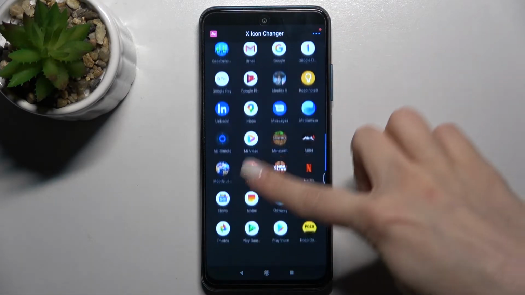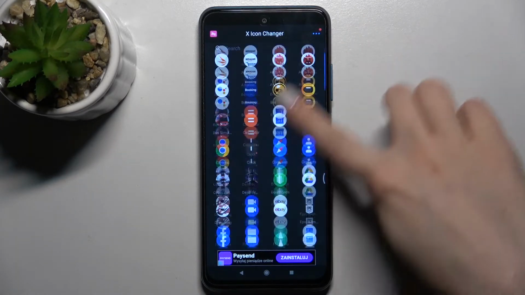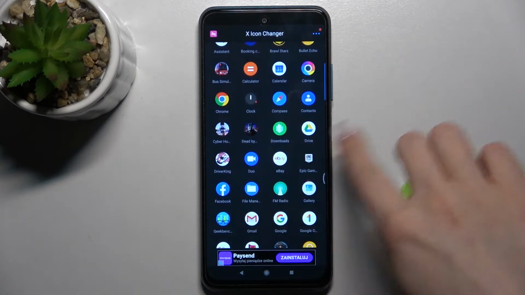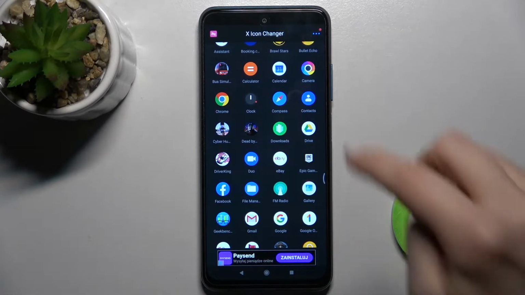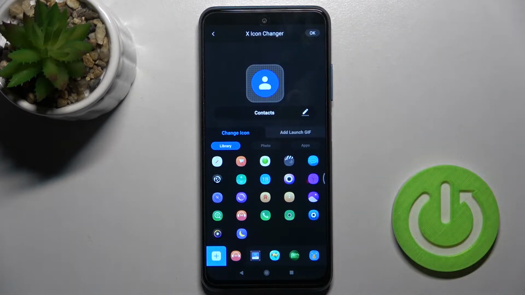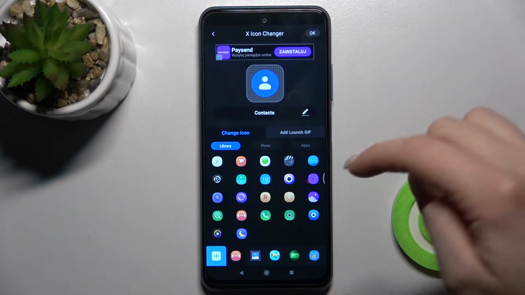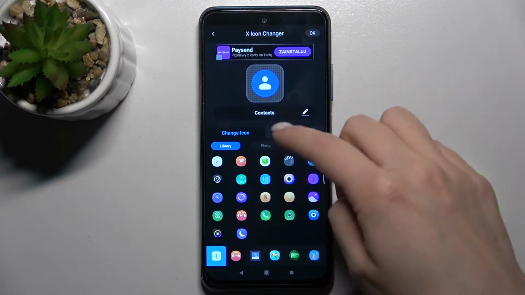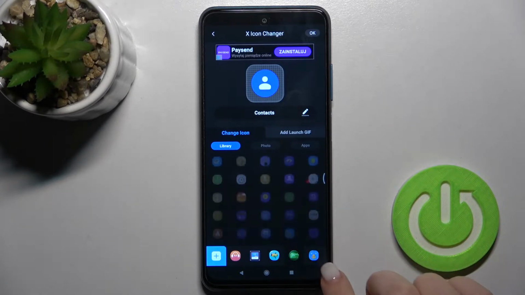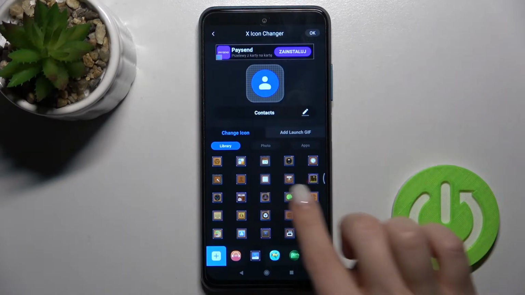And here, as you can see, we got all our available applications on our device, and we can select one from this application and change the view and shape of our app. For example, we can go with the default contacts app. Here we can rename the application by tapping the edit icon, and here we get the library from our icons folders. So you can choose one from these icons on these